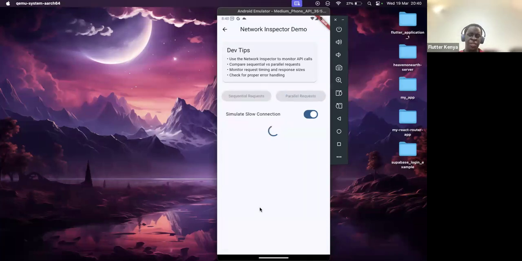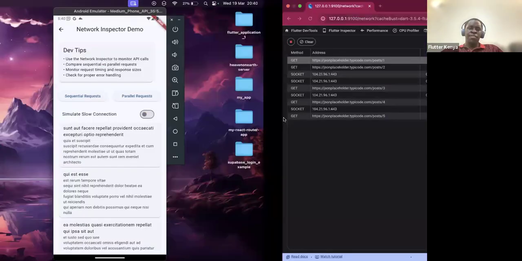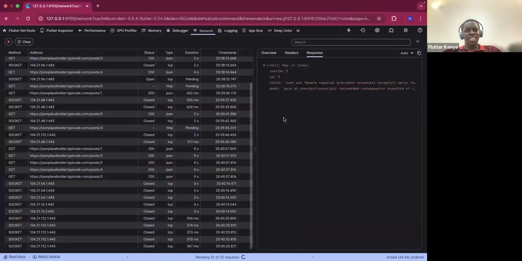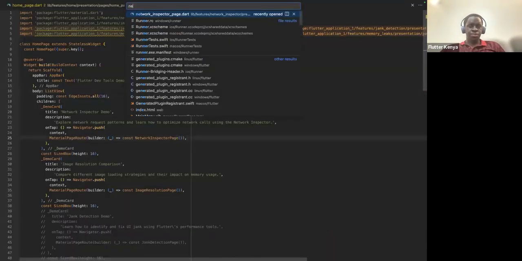So the question would be, how do we do the parallel requests versus the serial requests? For the parallel requests, it will take as long as the slowest request. In that, if the first takes 1 second, the second takes 2 seconds, and the rest take 1 second, it will take as long as the 2 seconds. So just to show that,